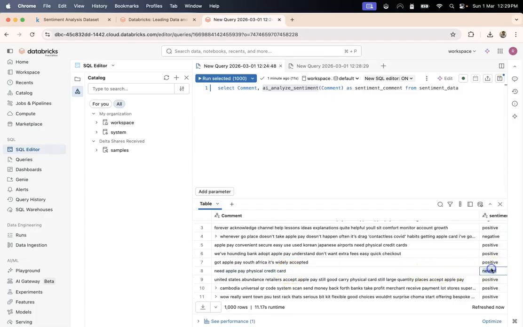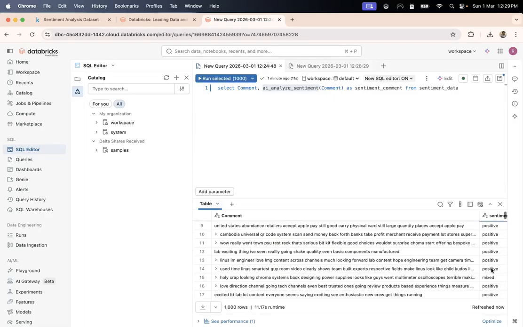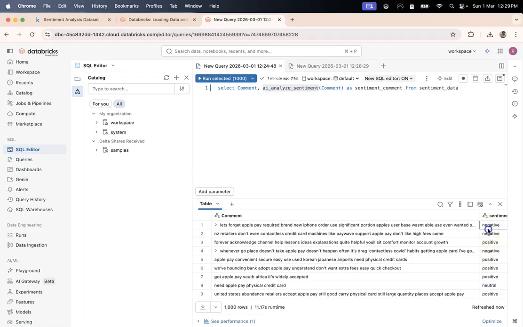It looks like neutral, but let's read a negative. Negative. Okay. "Retailers don't even contactless credit card machines like they support Apple, don't like high fees." There are some words that are clearly indicating that this comment might be negative. But you see, 11 seconds it took to process all those 250K sentiments. I feel it is really fast.